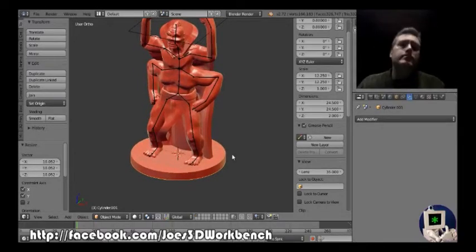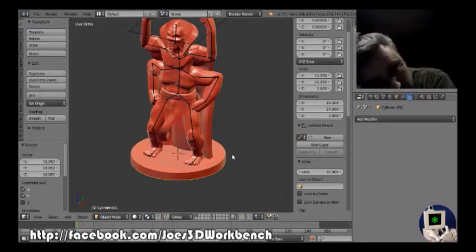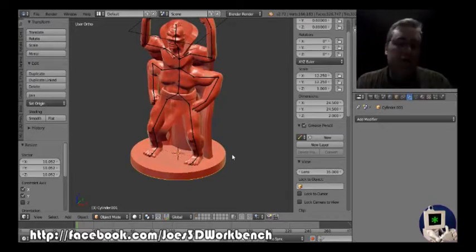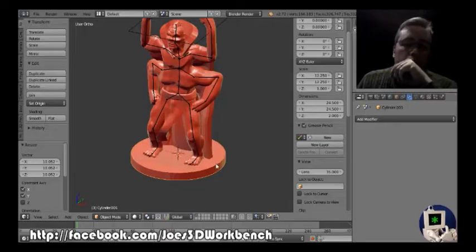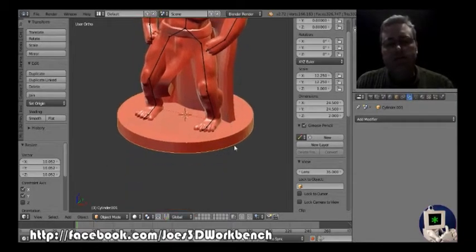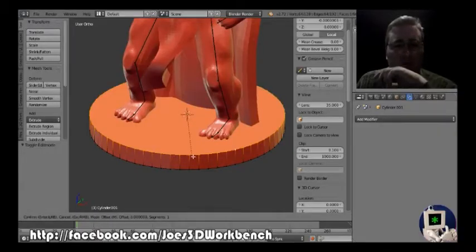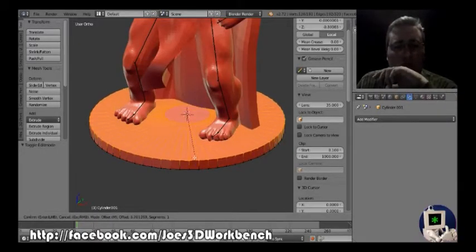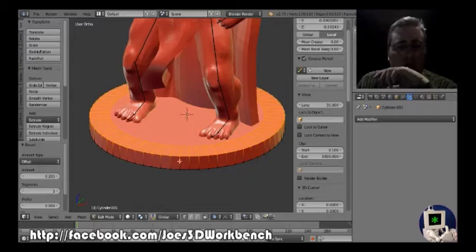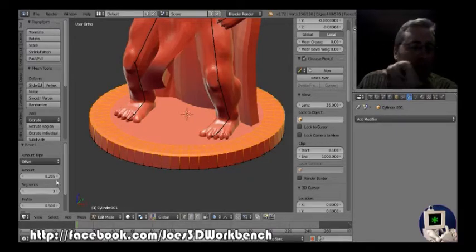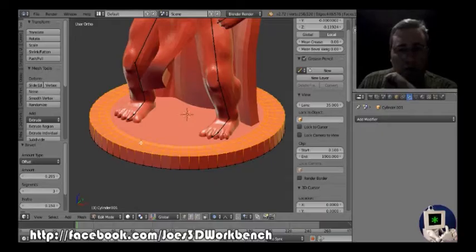Now comes the hard part. I'm going to go through these steps. First, I'm going to save this thing. But then I'm going to undo them because I'm going to be fiddling a little bit more. First though, I want to fiddle with this. Let's increase the segments. I just run a bevel around that edge, and then I'm going to take the profile and run it to 0. And what you end up with is this kind of